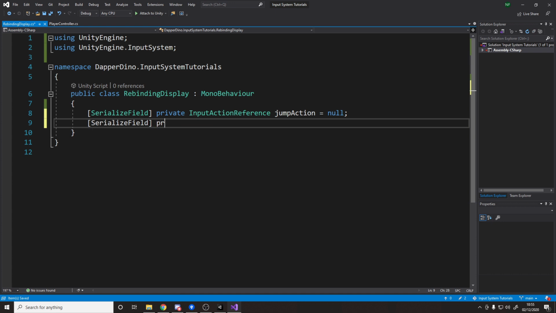And then we'll add a second thing, and that's going to be a reference to our player controller. So in my case, I've called the script player controller, but you'd call it whatever you called yours. Or you could actually here just put the player input class itself, but I'm going to go with my player controller, and that's the player controller.